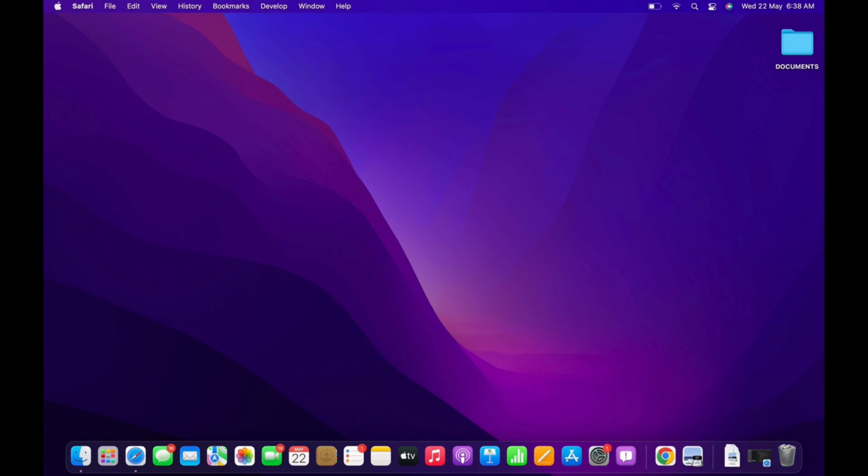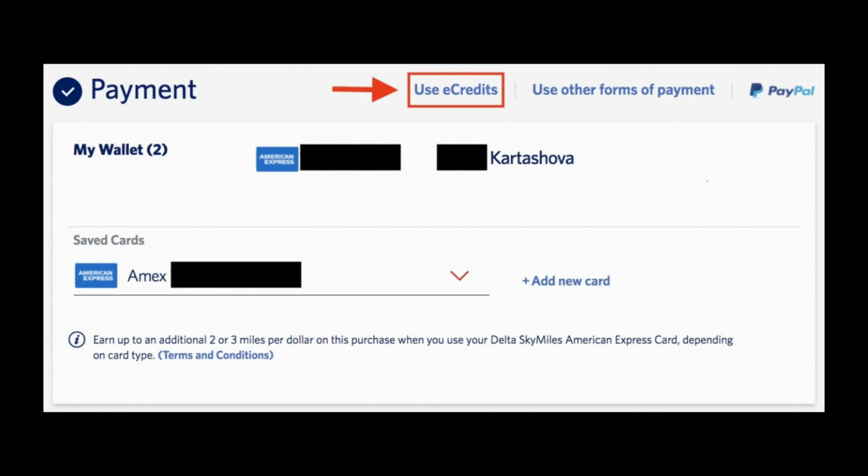The second option to redeem your Delta eCredit is by making a booking as you normally would from the home page. Select your flight time, confirm passenger info, and click on Use Credits. When selecting a payment method, once your active credits appear, select the ones you want to redeem and finish your booking. If you pick just one or two vouchers from a list of credits, use the ones that expire the